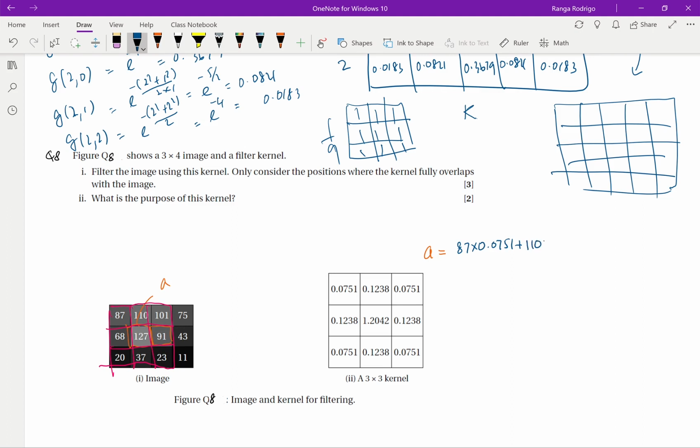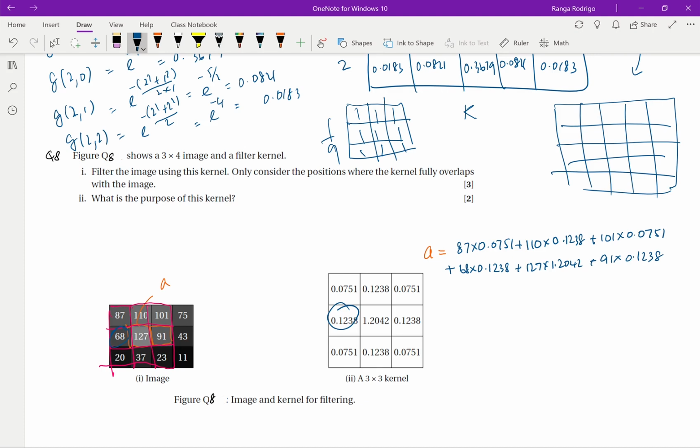One hundred 10 times 0.1238 plus 101 times 0.0751 plus 68 times 0.1238, that means this number and this number, plus 127 times 1.2042 plus 91 times